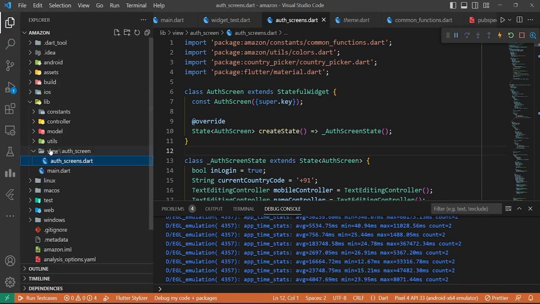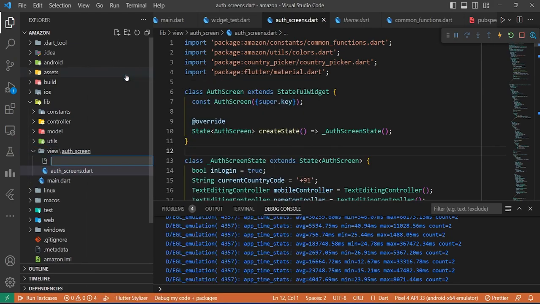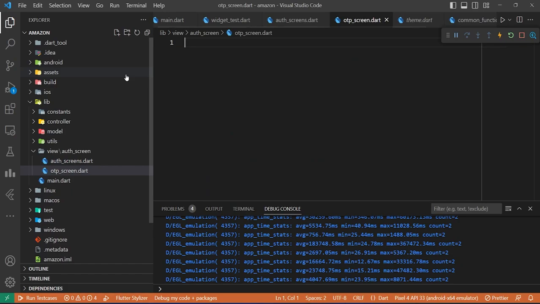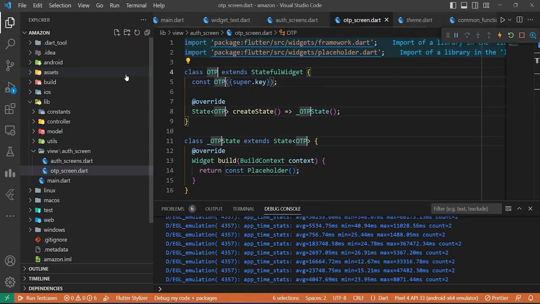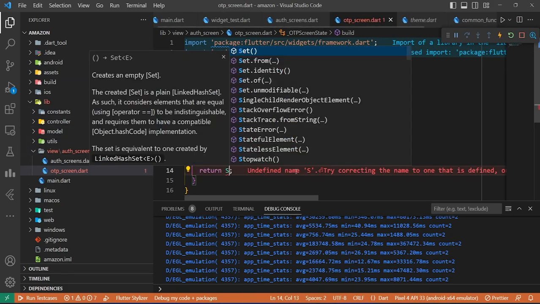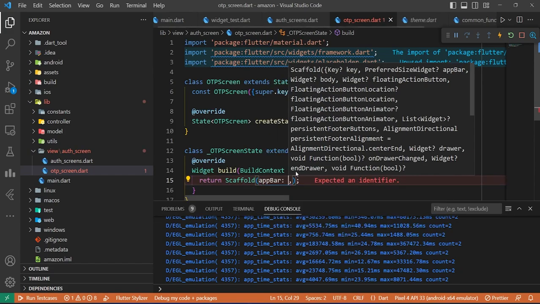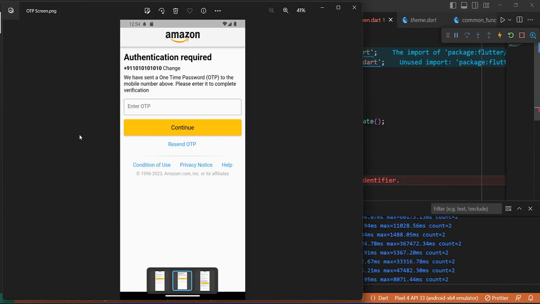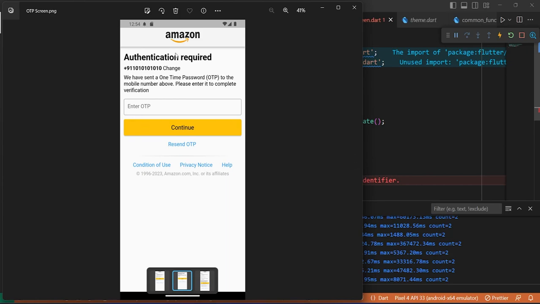Okay, so in the view auth screen folder, we will create a new file and name it OTP Screen.dart. And we will go with a stateful widget and name it OTP Screen. And the return type here will be a scaffold. For the app bar, as you can see here, both the sign in auth screen app bar and the OTP screen app bar are the same. So I'm gonna reuse the same